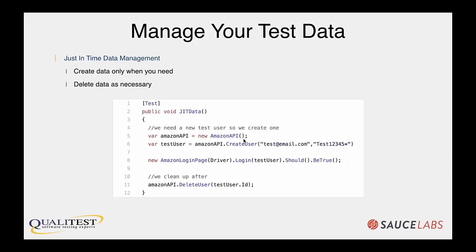This is a made-up test because I didn't actually use the API, but it's just an example of how you can do it. So here we are creating test data. We're going to use the Amazon API, a RESTful API, to create a test user. Now we have this test user stored, and because we used an API, it executed really quickly and it's extremely robust. This is probably like 150 milliseconds, maybe a 1 second call right here.